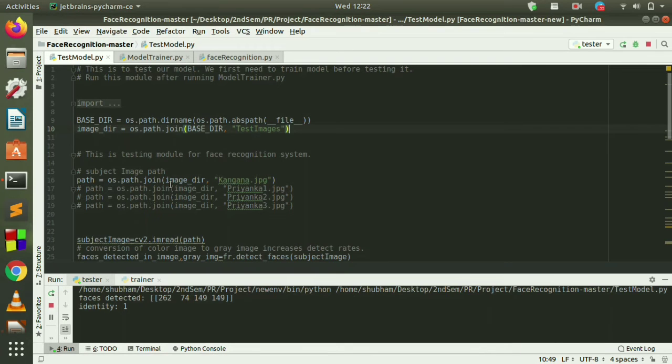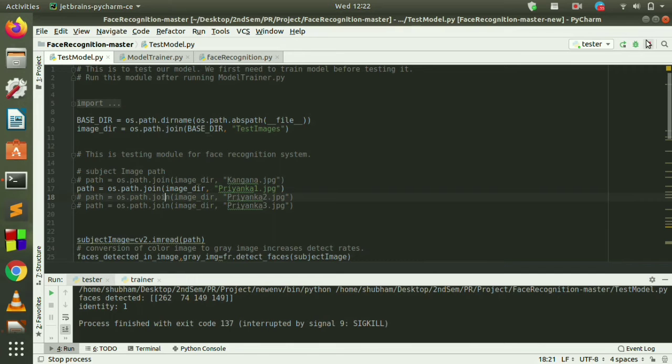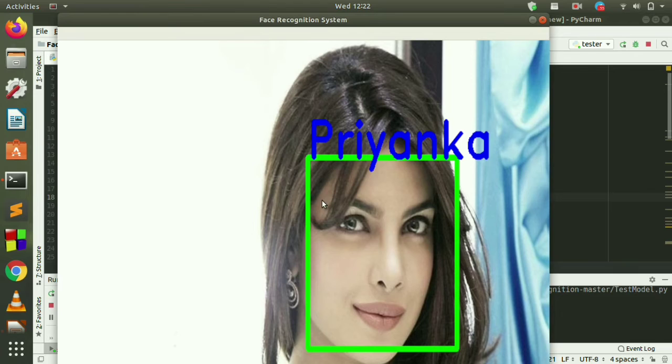Let's try it for some other image. Priyanka, yeah. Again, it has predicted correctly.